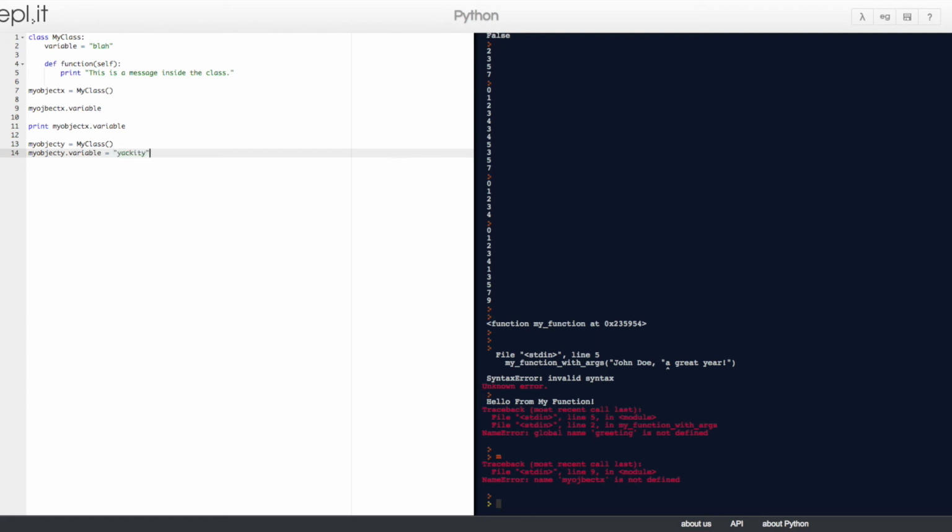So the first one is blah, the second one will be Yakety. Then we print out our values. Print my object X period variable, which would print blah, and then we want to print my object Y variable, and as a comment this would print Yakety.